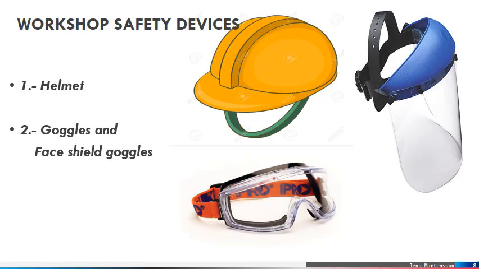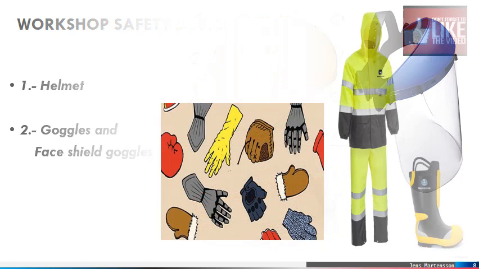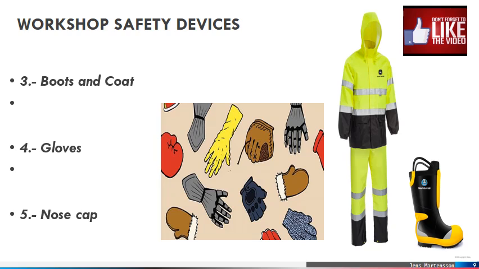Personal safety devices. 1. Helmet. Helmet is used to protect your head. 2. Goggles and face shield goggles. Goggles is used to protect your eyes. Face shield goggles is used to protect your entire face. 3. Boot and coats. Boot is used to protect your leg. Coat is used to protect your body. It can be overall, it can be trousers and jacket. 4. Gloves. Gloves are used to protect your hand. 5. Nose cap. Nose cap are used to protect